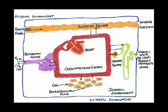Now, in some cases, the body has been able to restore and regain function where that damage has happened, but in the majority of cases, that damage is irreversible. And so it just shows that the cardiovascular system is really what helps to deliver the nutrients to the cells. If the cardiovascular system shuts down, if the heart shuts down,